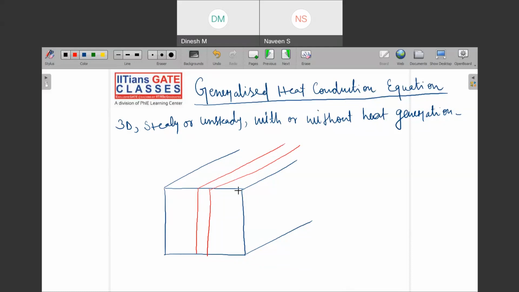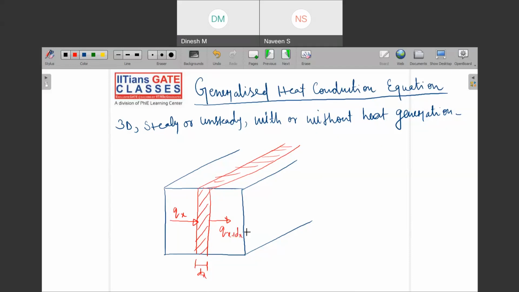So I have taken a differential element and I will analyze things in this one. And if I am able to analyze things in this one, then I can apply the same analogy to the rest of the three directions. Okay, so let us say that this is the x direction. So here your heat is qx and this element is dx. Then the heat going outside is q of x plus dx, that is one thing.